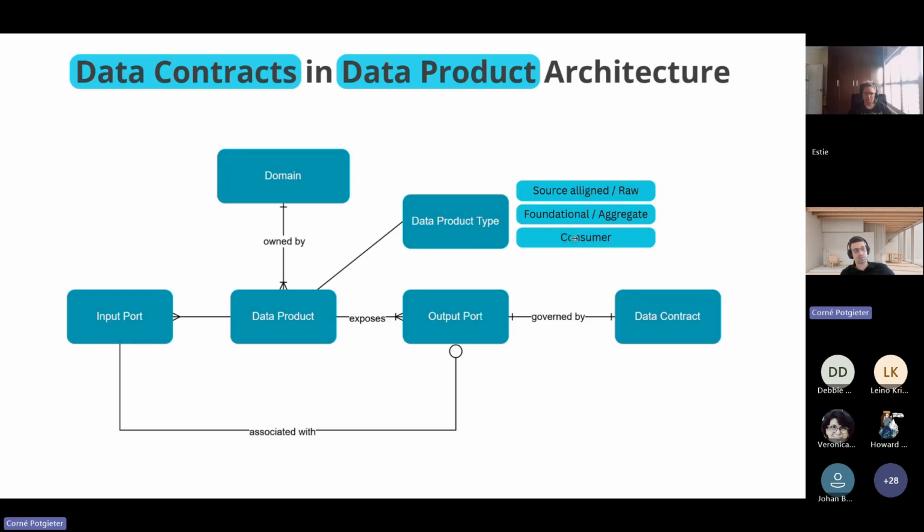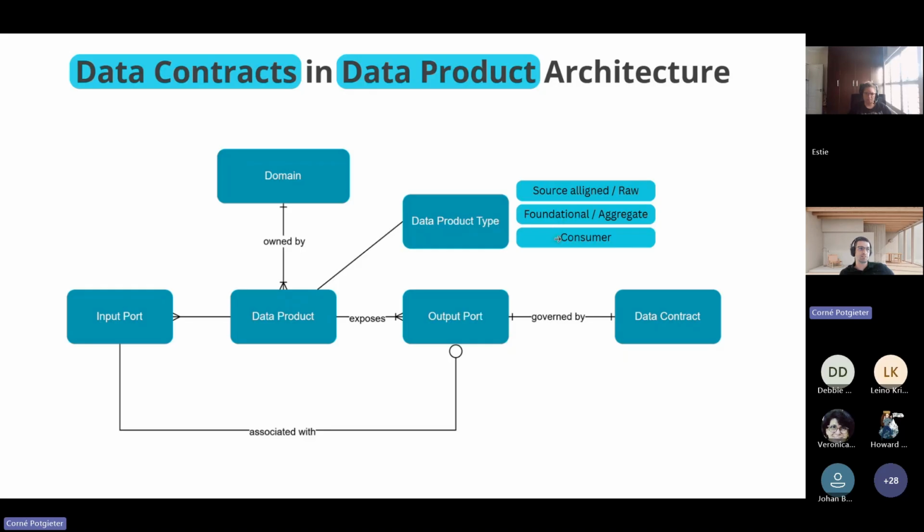They have slightly different naming, but you have the source-aligned or raw data products, which are more like a one-to-one with your raw source, and foundational or aggregate data products, which are to be reused within the organization. So they are not really built for the end consumer. They are built as building blocks in your organization.